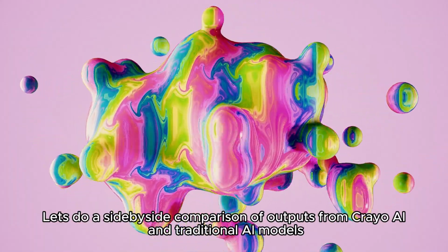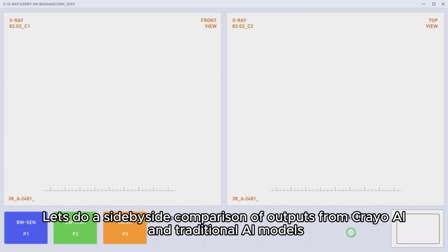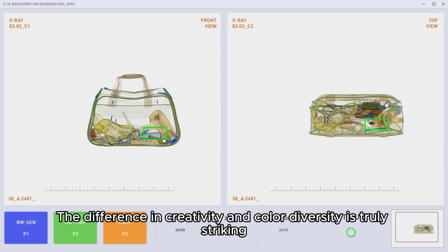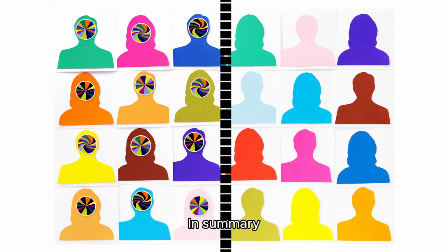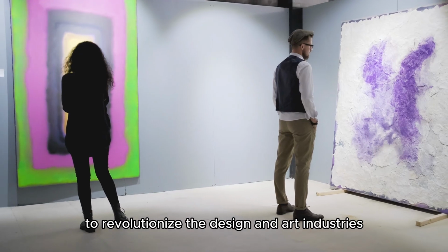Let's do a side-by-side comparison of outputs from Crayo AI and traditional AI models. The difference in creativity and color diversity is truly striking, showcasing Crayo AI's unparalleled ability to bring imagination to life in vibrant hues. In summary, Crayo AI is a game changer with the potential to revolutionize the design and art